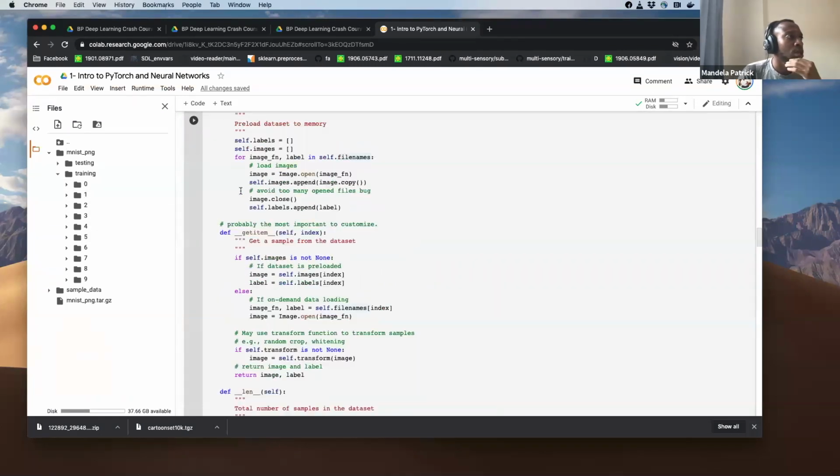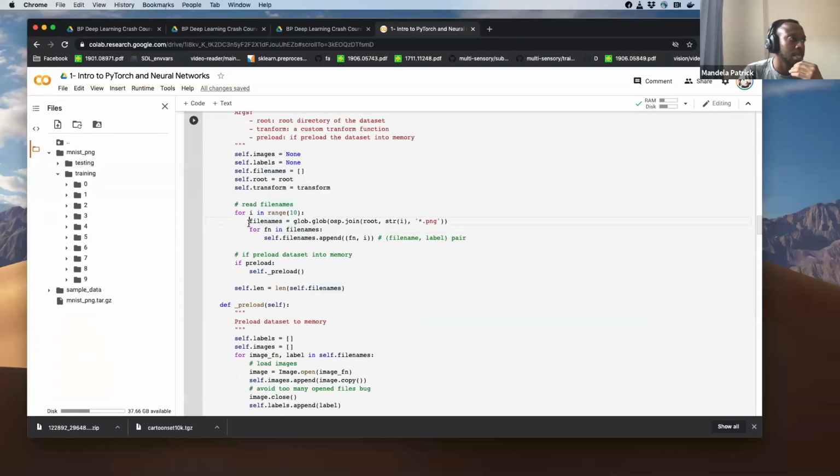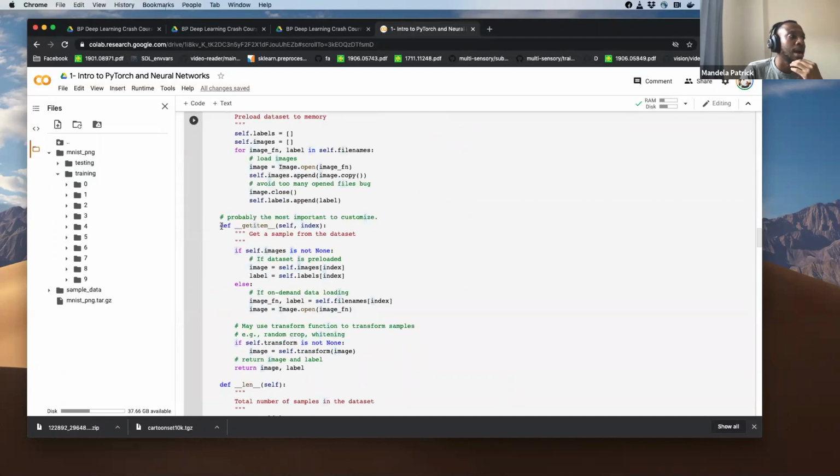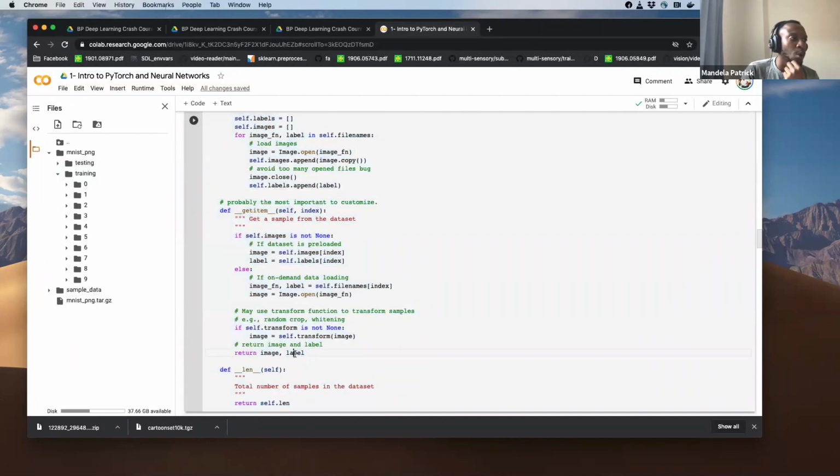So if we look at how we pre-process the data, once we get all of the images under this folder, we append the file name, which allows us to open the images, and we also append the folder name, which gives us the label. And then when we output the get item, we return the image as well as the label, which we feed into the loss function to compare to the output that the model gives.